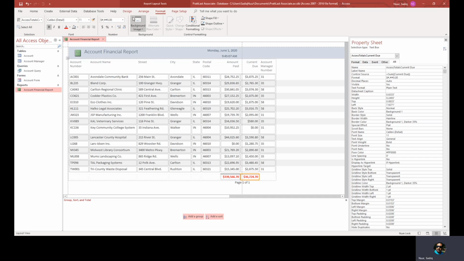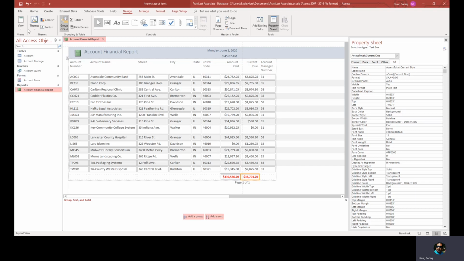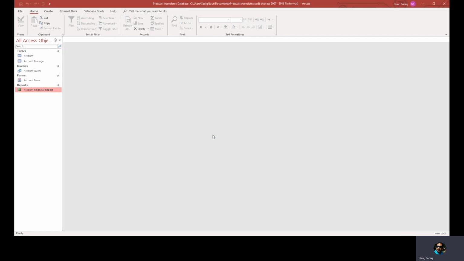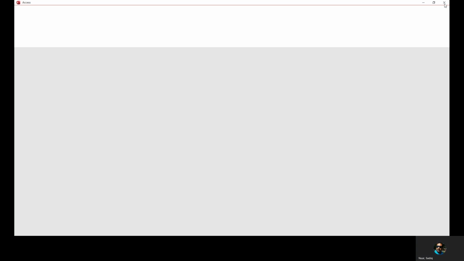And if I want to view it, I will go back to design, view report. See, I create this. Now I can hit file and print, and then this would be printed. If I want to close it, I will close it. Save the changes. Now I will close my database. For example, you done. Now, if you want to open again, you want